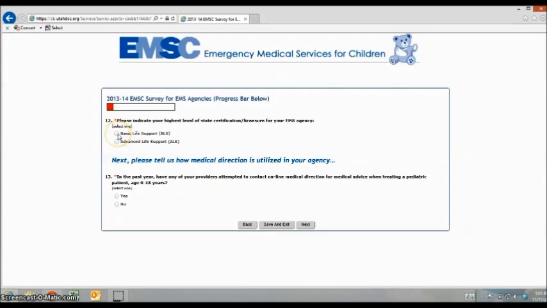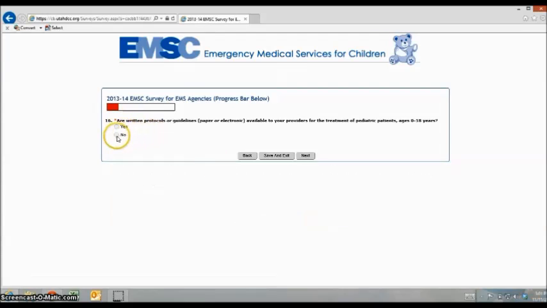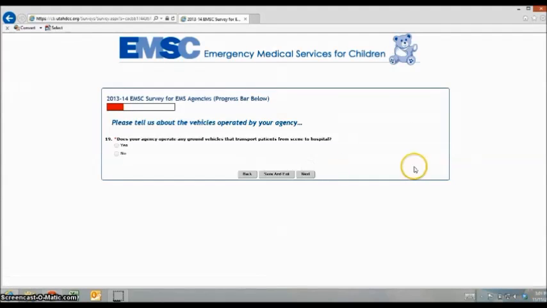So just for demonstration purposes, I'm going to simply select basic and then no for the medical direction questions, because these are non-technical, and then next. So we've now completed the medical direction, and yours will look slightly different based on the terminology that your state uses, but also if I'd answered yes to any of those medical direction questions, it would have taken me to